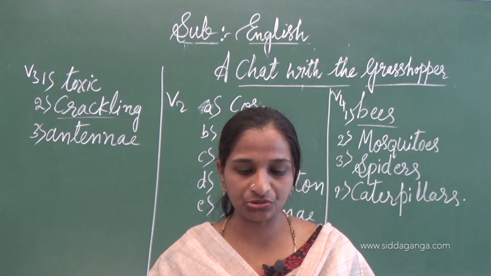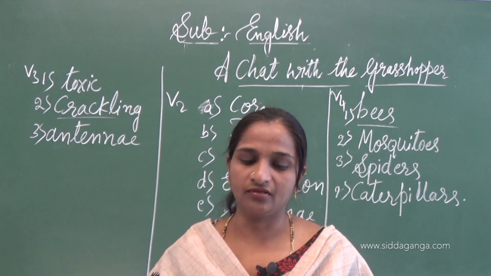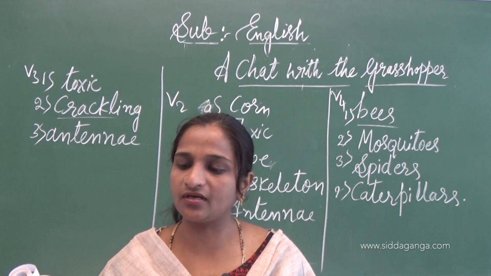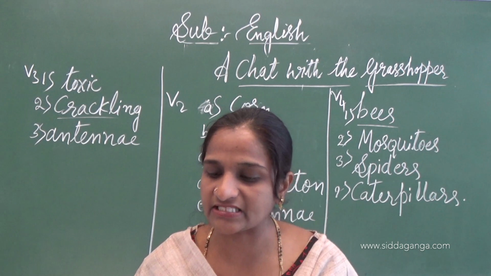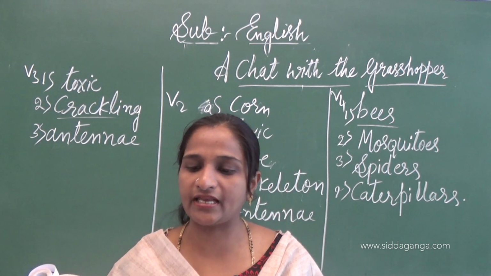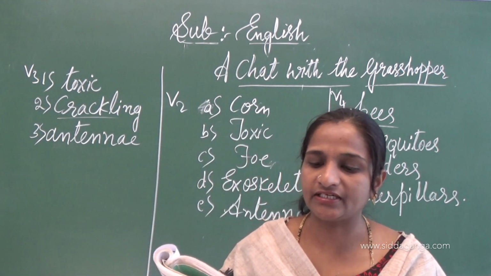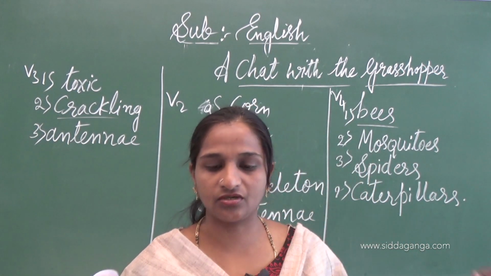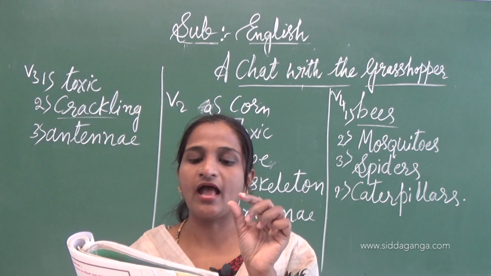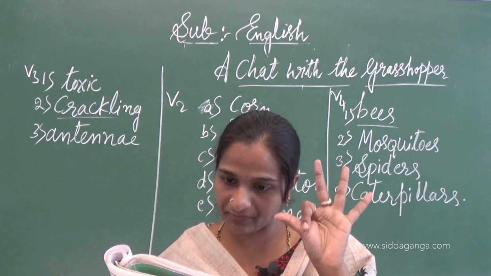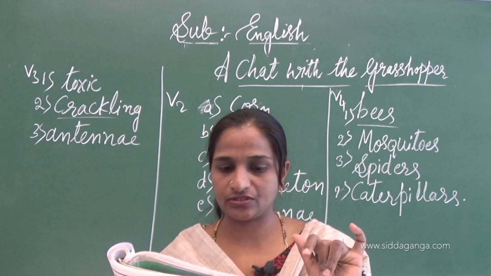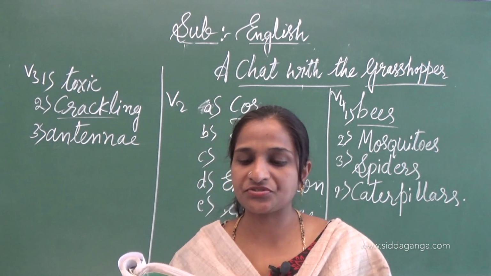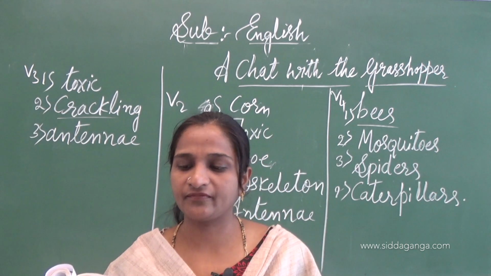Page number 82, V5. Collect words for the male, the female and the young ones of animals and complete the following table. One has been done for you. One is given: animal, male, female, young ones. That is horse. So one column is given for you. That is the animal name. In that, male, female, young ones. So next we have to do: horse, stallion, mare, foal is given there.